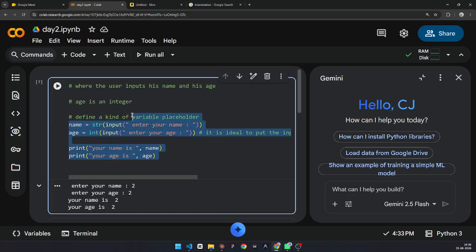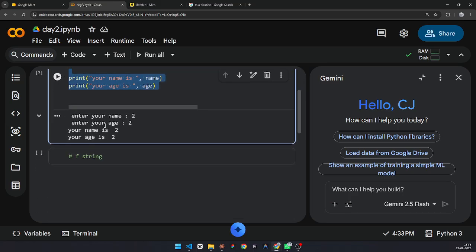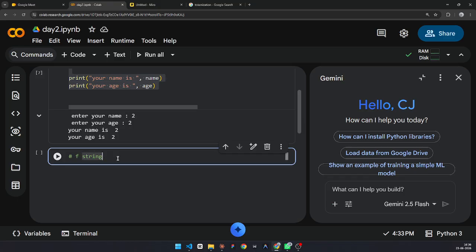I guess this code is clear. Now let's hop into f string.